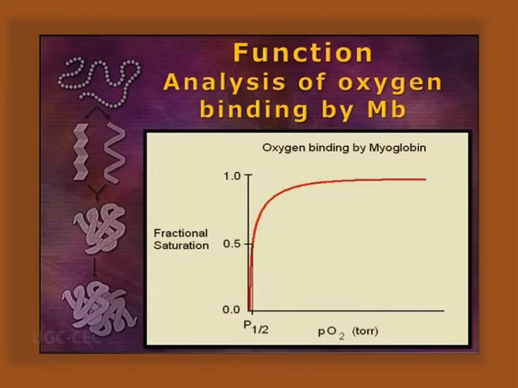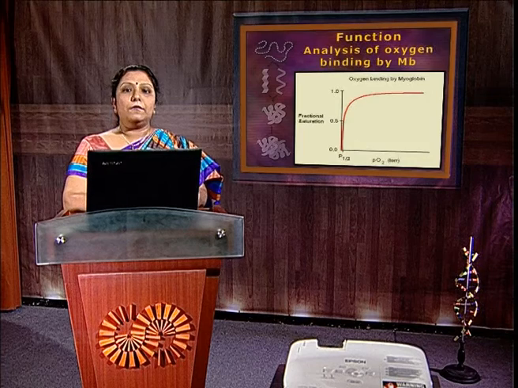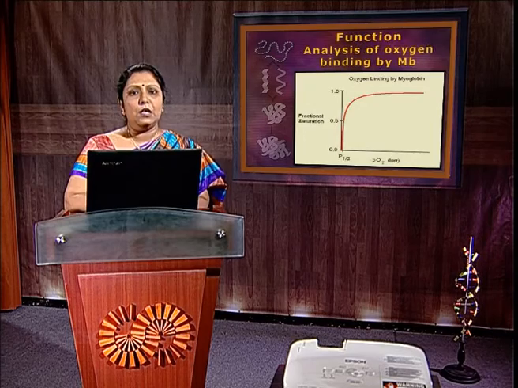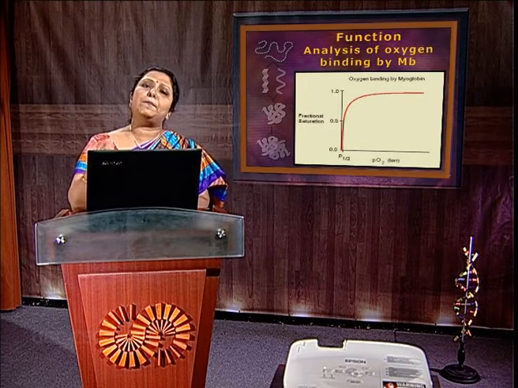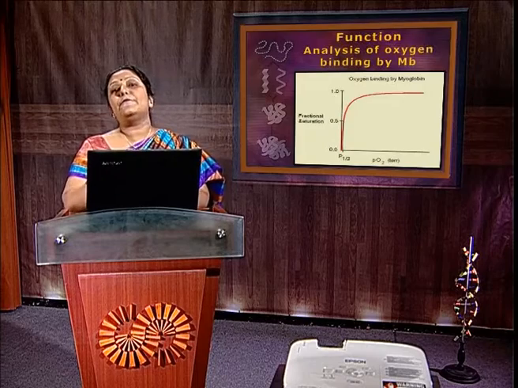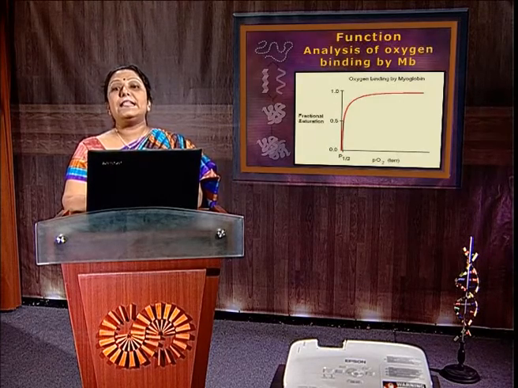Next one, functional analysis of the myoglobin. So myoglobin is a single subunit protein. When it binds at the lung with oxygen, with high oxygen pressure, 100 mm of Hg, so very little amount of oxygen pressure makes it partially saturated, and it is found in the whale, in the seal, in the paramecium as well, and it stores oxygen in the skeletal muscle. So in the skeletal muscle blood capillary, 30 mm oxygen pressure is present. Oxygen pressure can also be described by torr.